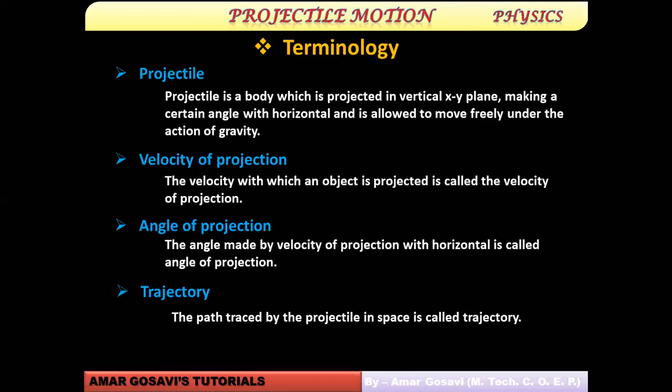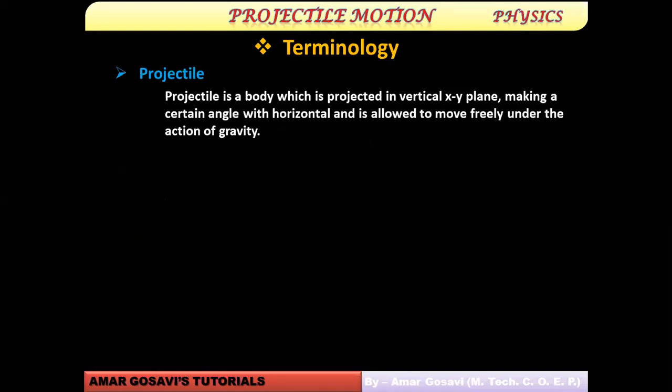So let's understand what a projectile is. How do you define a projectile? I have shown you in the first slide itself a missile being fired, a ball being thrown, or a golf ball being given a hit. All these objects will perform a motion called projectile motion. They move in a parabolic manner, not circular. That curve is called a parabola. Such a body we call a projectile.